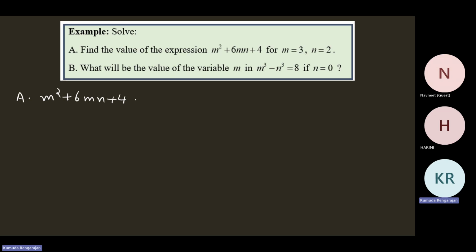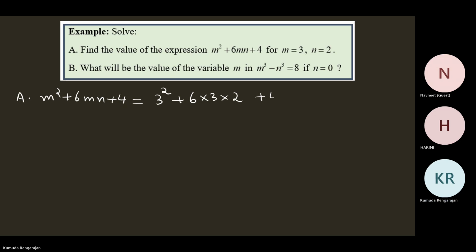Write the expression, put an equal to sign, and the value of m is 3. So 3 squared, plus 6mn. 6mn means 6 into m into n. So 6 into 3 into 2